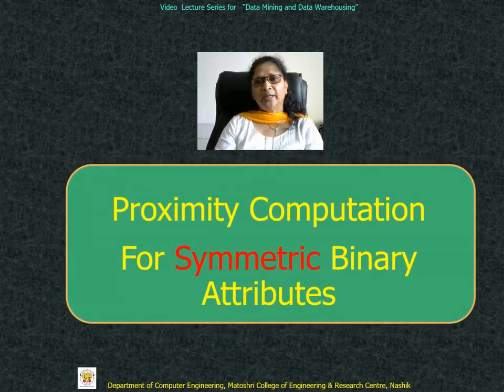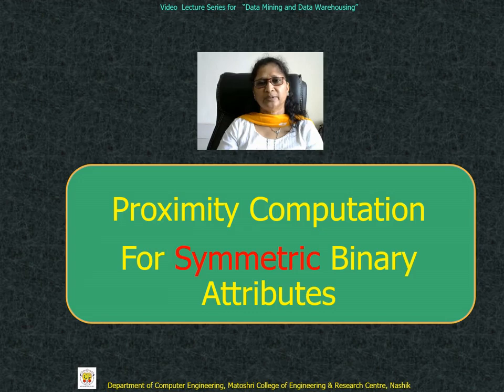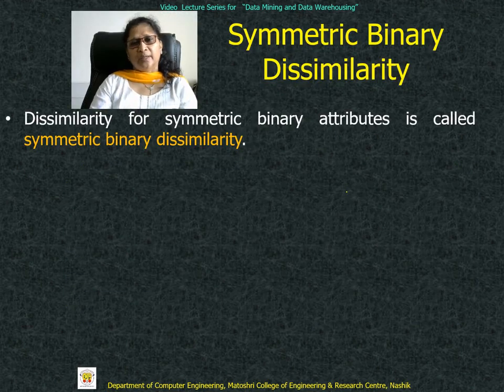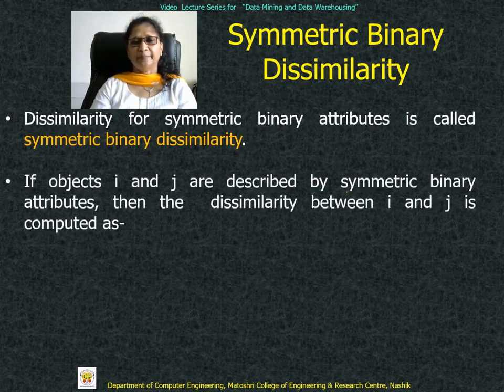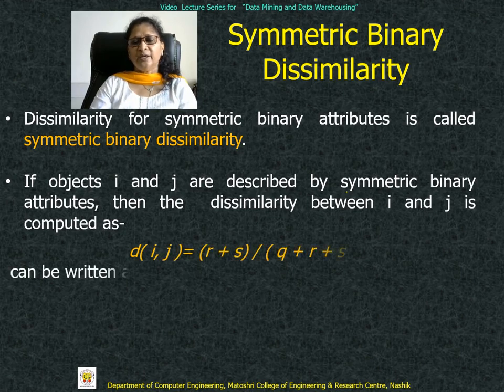We shall be learning how to compute proximity for both symmetric and asymmetric attributes. Let us start with symmetric binary attributes. Dissimilarity for a symmetric binary attribute is called symmetric binary dissimilarity. And for computing this symmetric binary dissimilarity, say between the objects i and j, we compute it using the formula d_ij